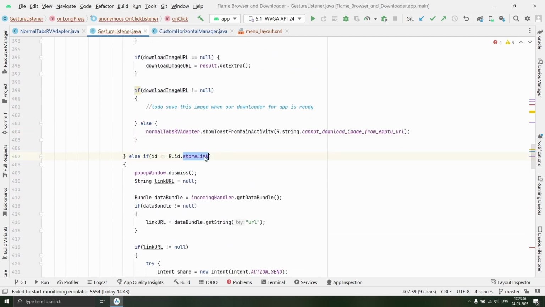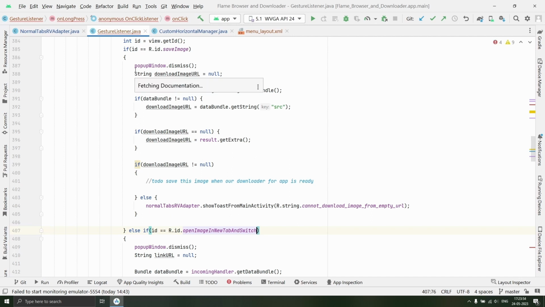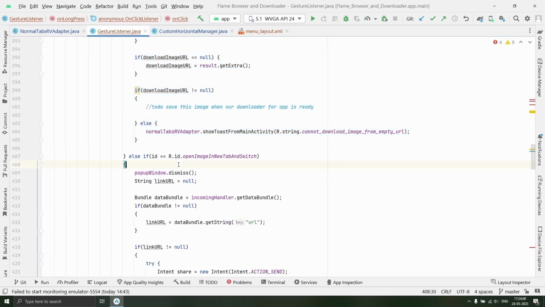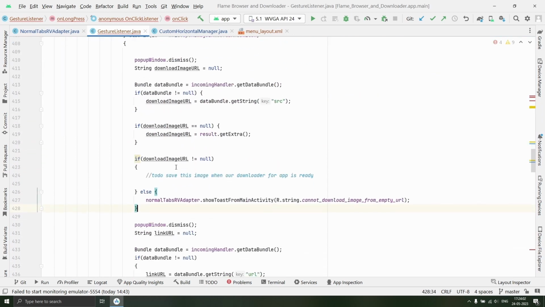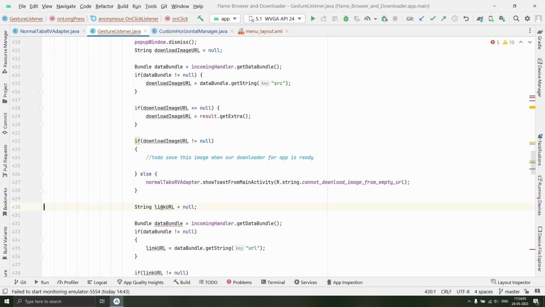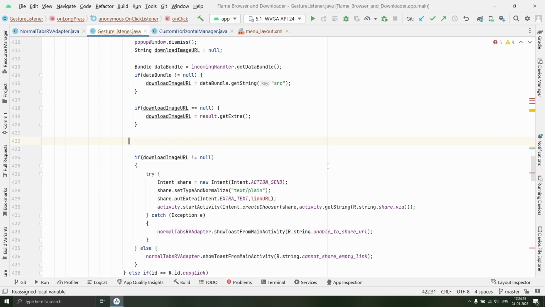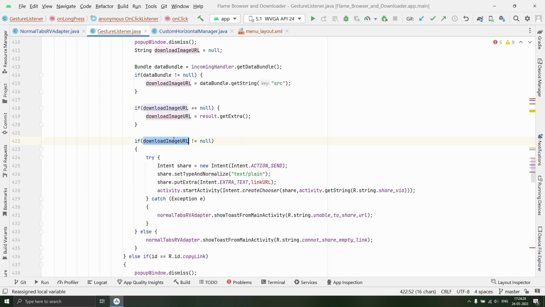Now for open image in new tab and switch, we'll do the same thing. Just copy the whole code of save image over here. So we dismissed pop-up window. We have download image URL. So remove this link URL. And instead of checking link URL is not equal to null, we will check if download image URL is not equal to null and remove this one. If it is not equal to null, then we will,